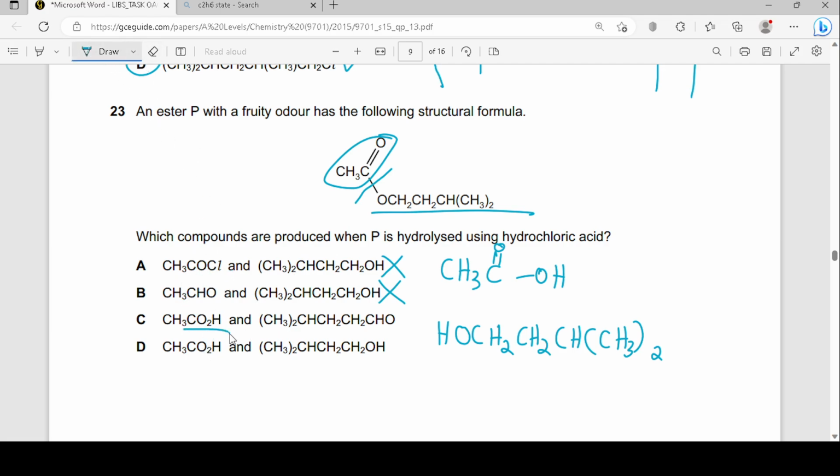Then CH3CO2H, that's definitely right, okay? And the other part, you don't get an aldehyde. And this seems to be right. This matches with this. So option D matches with both of my products, which I wrote over here, right? So that means that option D is probably the correct answer, okay? So yeah,